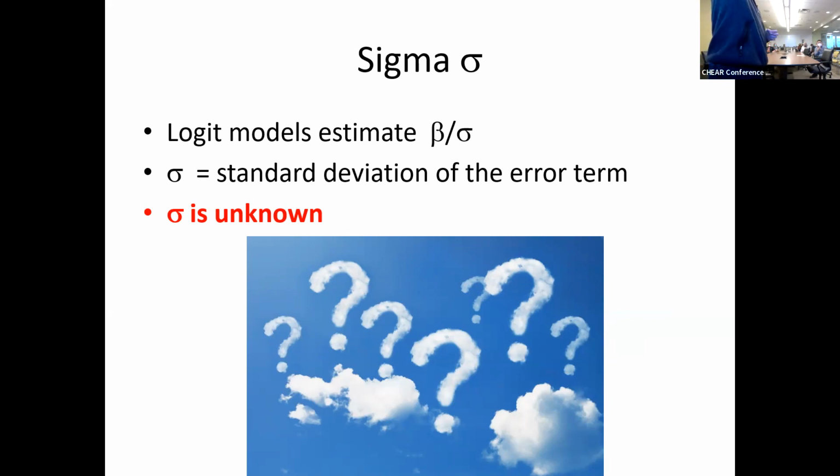Sigma is really relevant when you have a continuous variable. And so one way to think of this is, well, sigma doesn't matter because we don't have a continuous variable anymore. Sigma is tied specifically to the units of the original continuous variable. We don't have a continuous variable, who cares? It does matter though. Next slide.